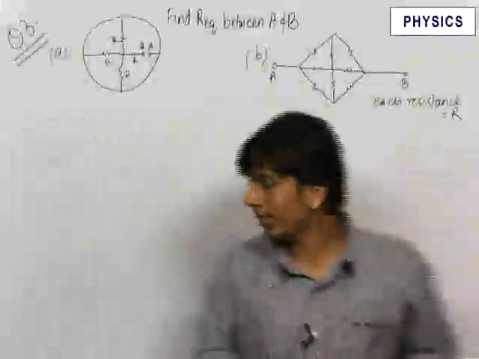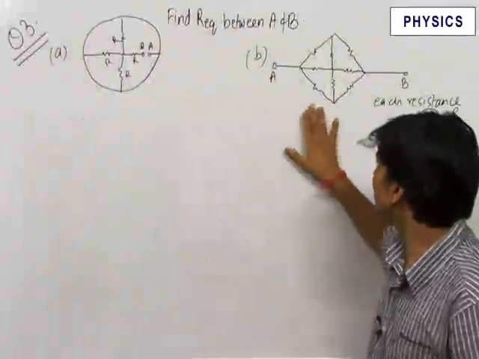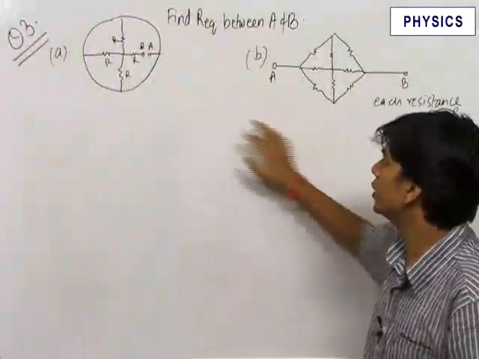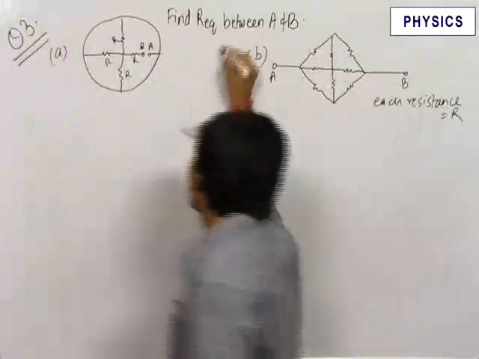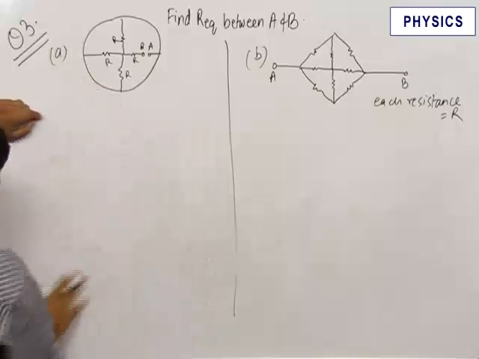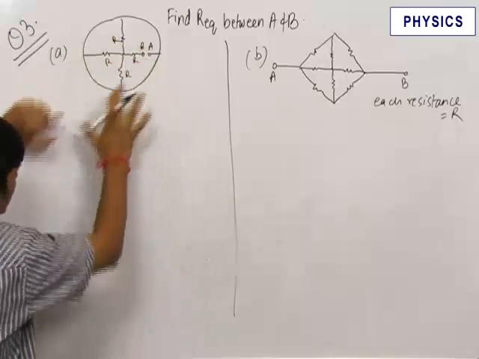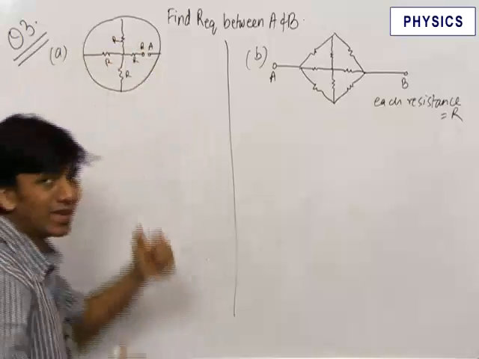The third question that we have, we've been given two circuits. For each of the two circuits, we need to find out the equivalent resistance between A and B. So let us begin with the first part. In the first part, we have been given a circuit which looks complicated and people may get confused by this,